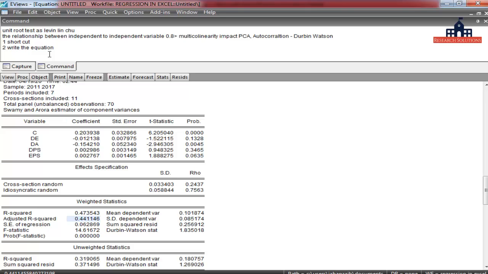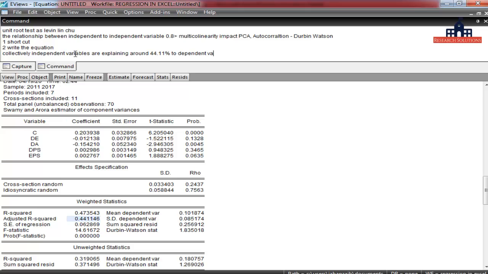So that means collectively the independent variables are explaining around 44.11% of the dependent variable. So we have the independent variables collectively explaining the dependent variable by 44.1%.